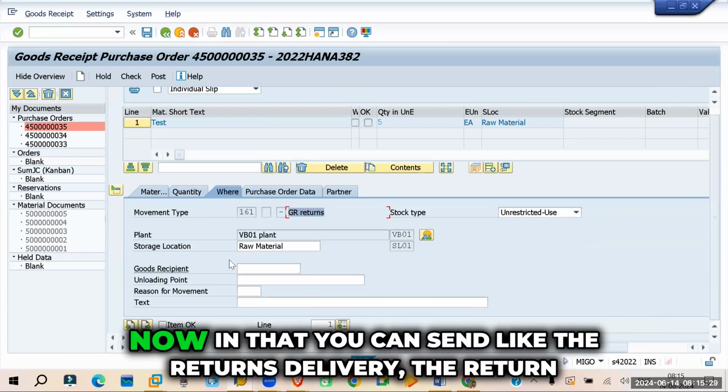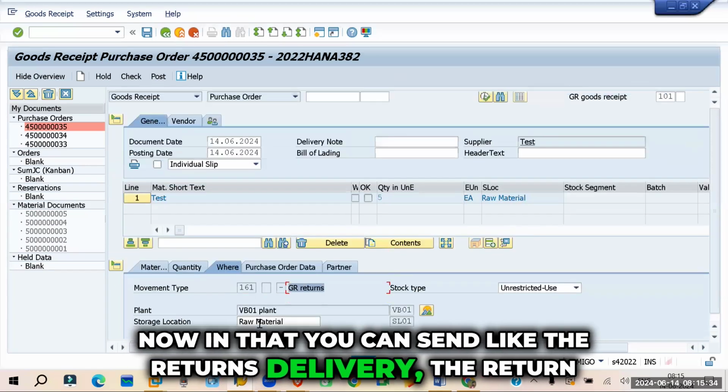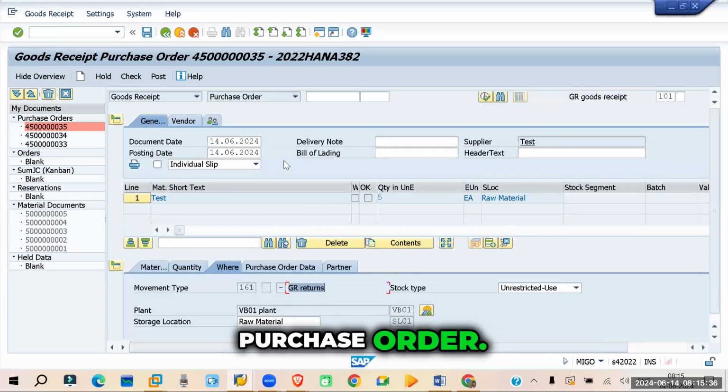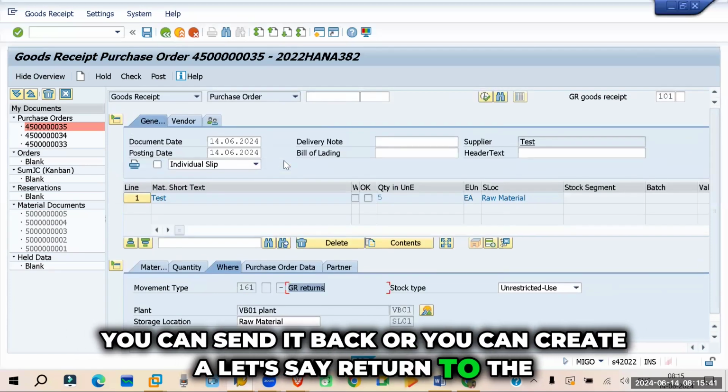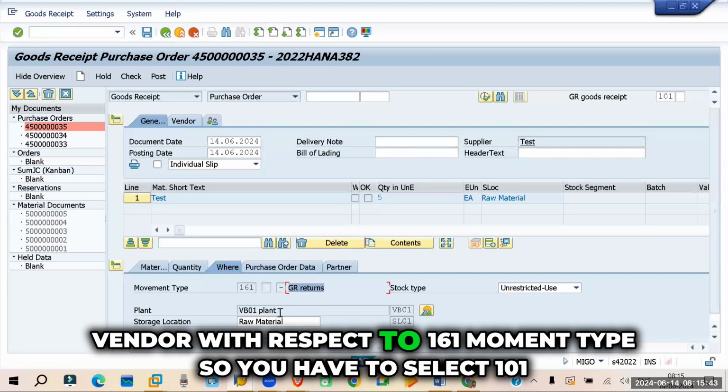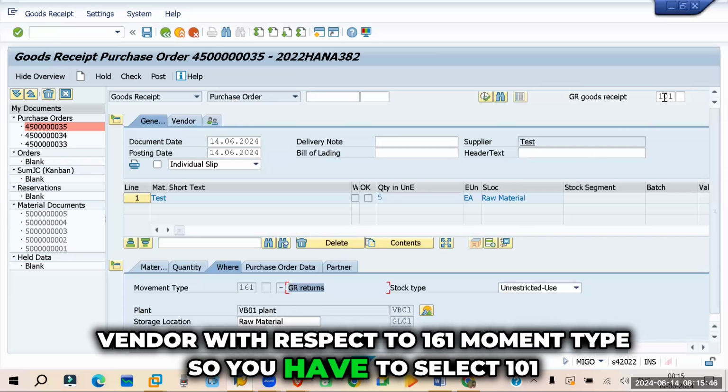Now in that you can send the returns delivery, the return purchase order, back, or you can create, let's say, a return to the vendor with respect to the 161 movement type. So you have to select 101 over